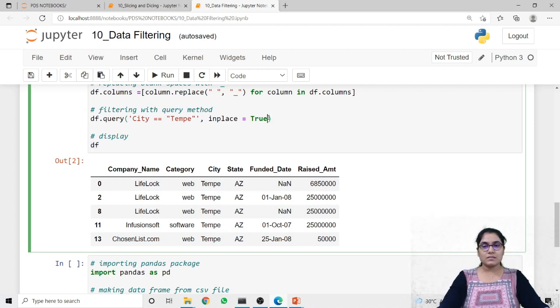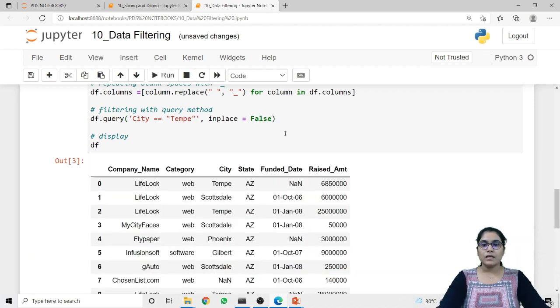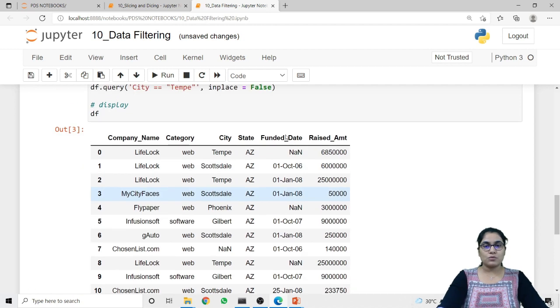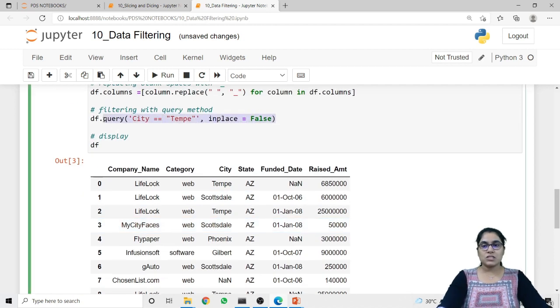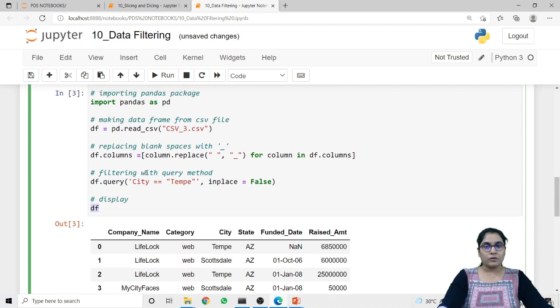If I set this inplace equal to False and run the same code, it will return all the records. Why? Because these changes are not reflected in my data frame, and here I am printing the value of my data frame. So it will contain all the original records, which is the content from my csv_3 file, right?